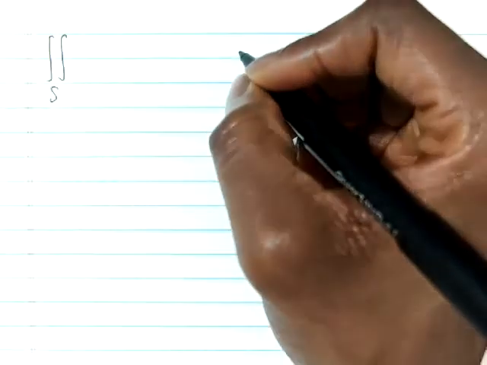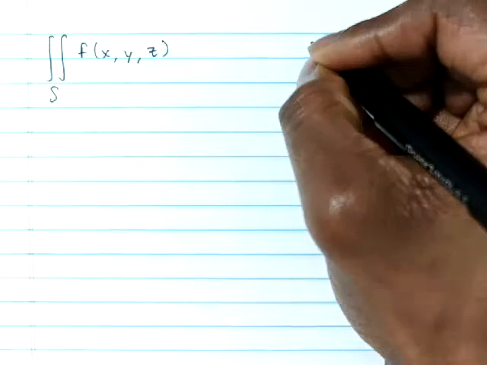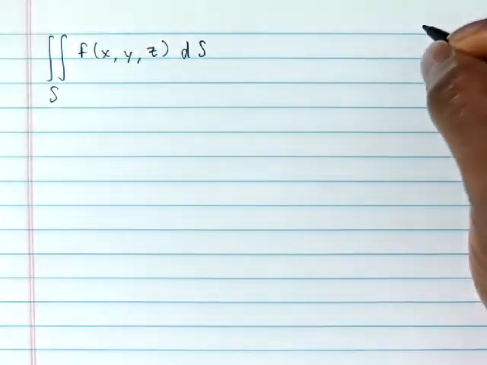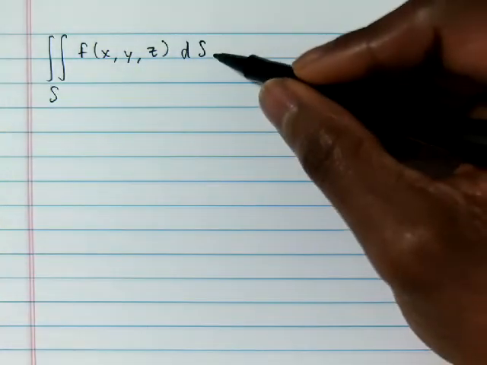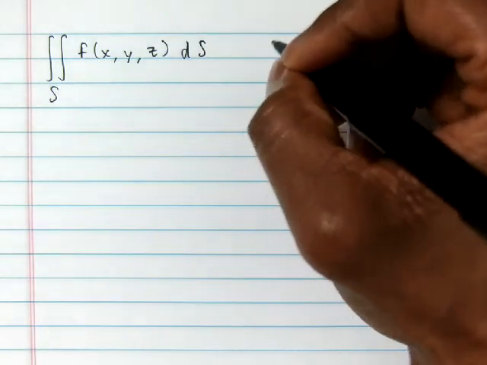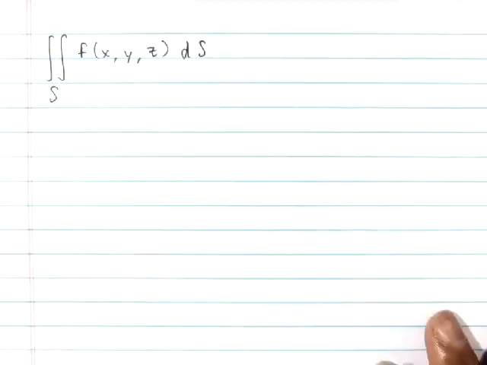All right, so now the notation for the surface integral we'll use is the surface integral over S. It just looks like a double integral notation of f of x, y, z, which we can see is a scalar function there, and then d capital S. This is just with respect to surface area is what that stands for. Now, how do we actually go about evaluating that? So this ends up being the double integral